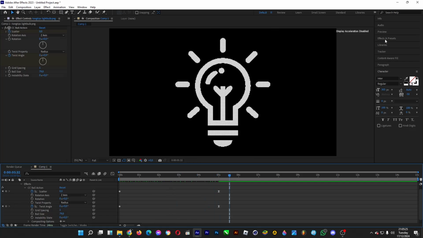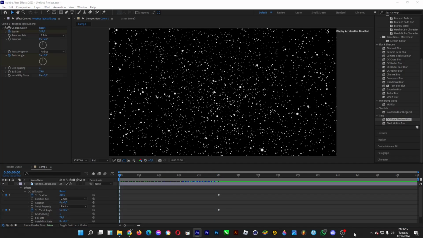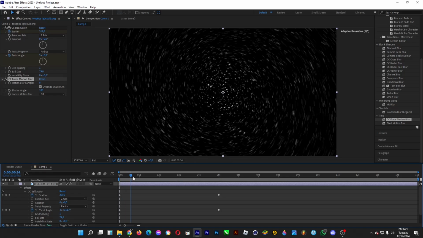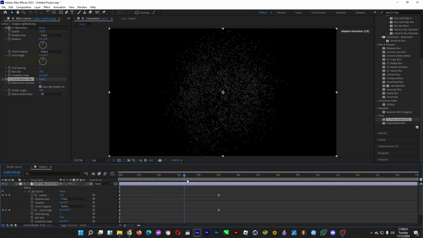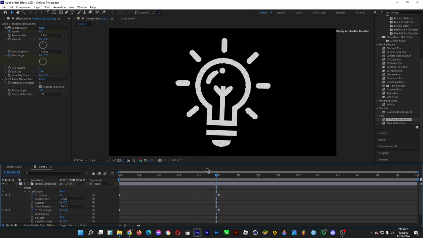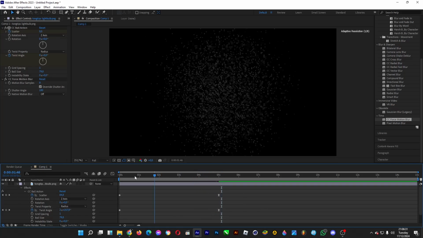Now all we do is to go to effects and presets, and then type blur, and then go to CC Force Motion Blur, drag it into this one, and then when we're done, ooh, fancy, you have this rotation effect, just like this. Pretty fancy, eh? Once we're done,